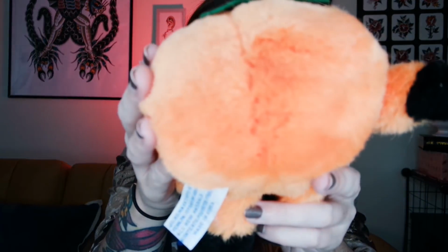So this pumpkin has a tag on it that says 1991. And like I said, jack-o'-lanterns with arms and legs are just so funny to me. I don't know where this was or where it's been kept. It looks like it's in perfect condition. It's not loved on or anything like that. Nothing is pulled, and the fur is in great condition. So I'm assuming this was in storage or some sort of estate sale where the guy from the flea market